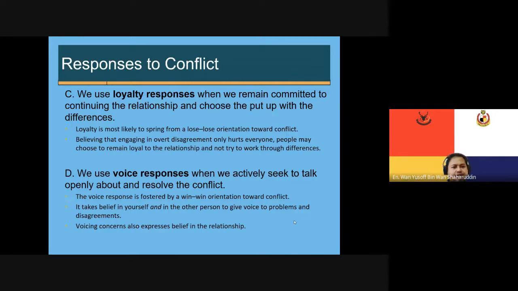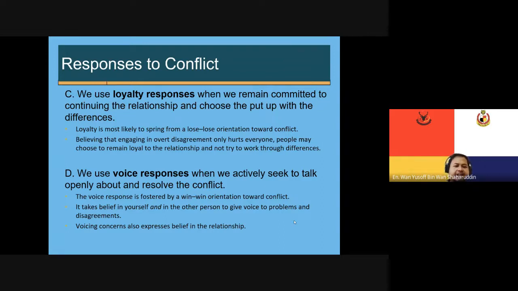But sometimes, when you are being loyal to the relationship, it will also cause you to feel a bit of dissatisfaction, or you tend to be dishonest in your relationship because you know you are on the losing side, for example, or you know that there's something happening in the relationship that you are trying to deal with. But the most important thing is to remain loyal to the relationship.